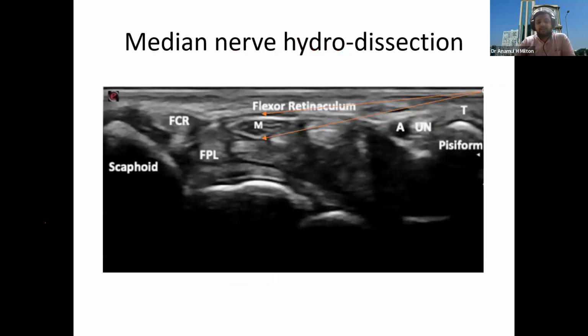Okay, so if we hydrodissect the nerve from the area, we can give an injection under the flexor retinaculum and try to separate the median nerve from the flexor retinaculum, and another injection just below the median nerve, to consider the separation from the common flexor tendons. Okay,